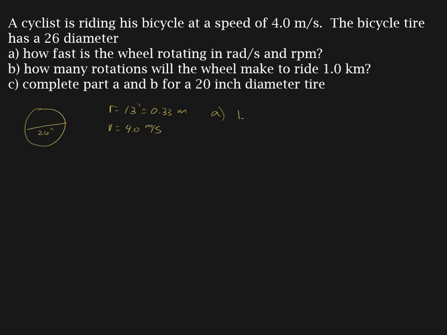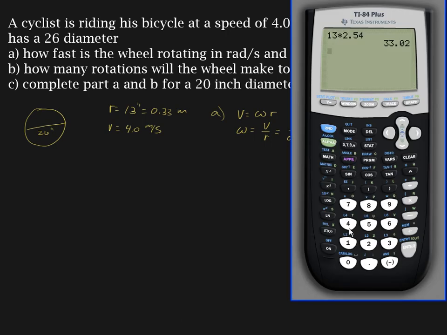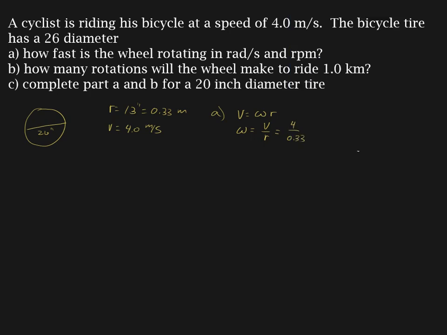V is equal to omega R, and we're looking for omega because we've been given V. So omega is equal to V over R, which is 4 divided by 0.33, and that's 12.12. So omega is equal to